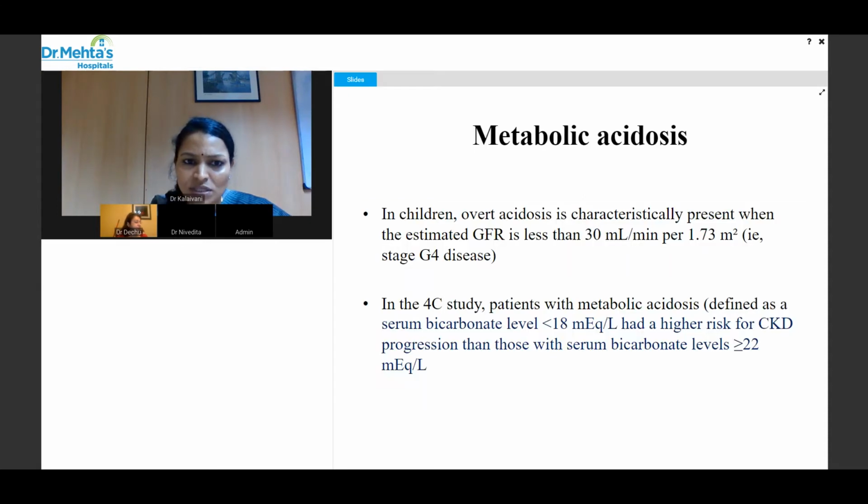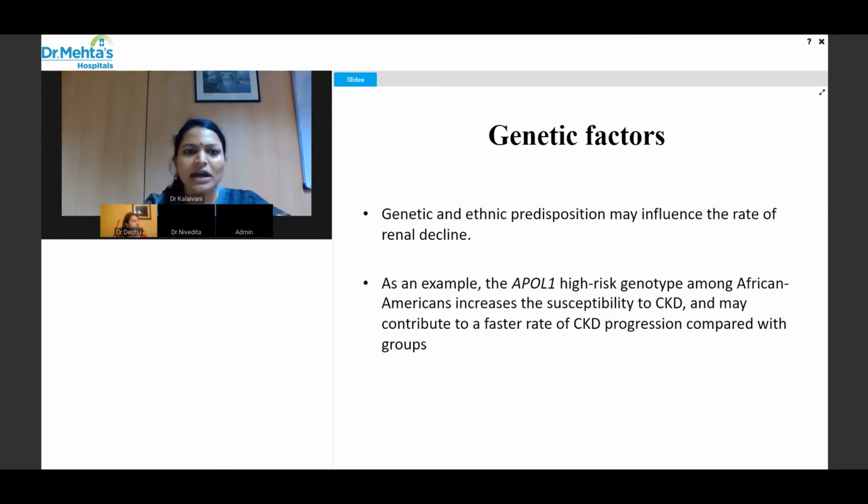Metabolic acidosis: children encounter overt acidosis when they have a decline in GFR of less than 30 ml per minute per 1.73 meters square. And when your serum bicarbonate is less than 18 milliequivalents per liter, there is a higher risk of CKD progression than with serum bicarbonate levels of more than 22 milliequivalents per liter. And genetic factors, as already discussed: the African American population has a higher risk of CKD, probably because of the genotype involved, the apolipoprotein L1, which